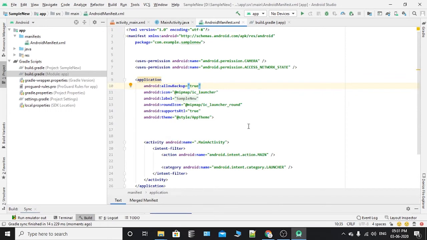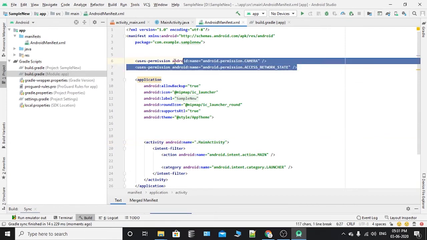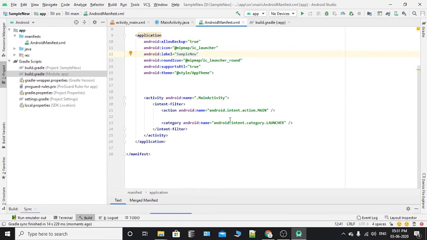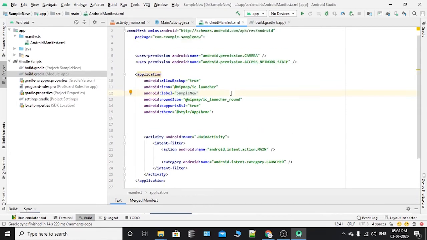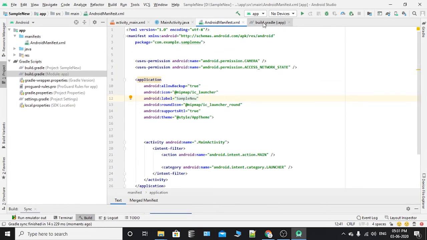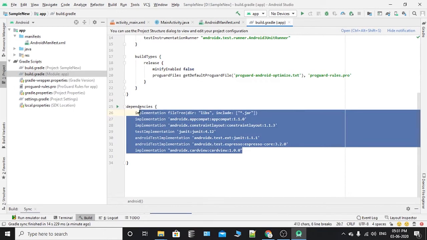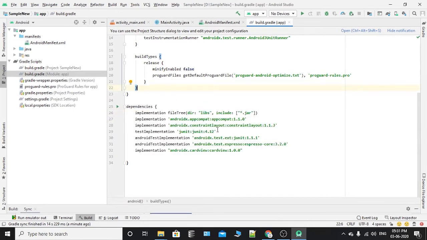I repeat it again. We use the manifest file to define activity and for permission. These are the two main things we need to define. And build.gradle app contains whatever we are going to implement in our function, we need to define here in dependency. It is very simple. You can find the latest version in Google.